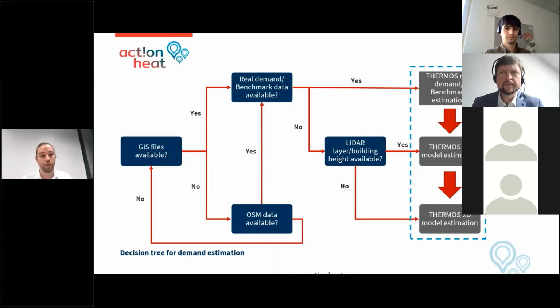In some cases, we found that the OpenStreetMaps data doesn't cover accurately what the reality is. So in case there is no OpenStreetMaps data available, we'll go on to developing GIS files ourselves, because this is the only way to implement the geographic files into Thermos. In case there are GIS files available or there is OpenStreetMap data available, we'll go on